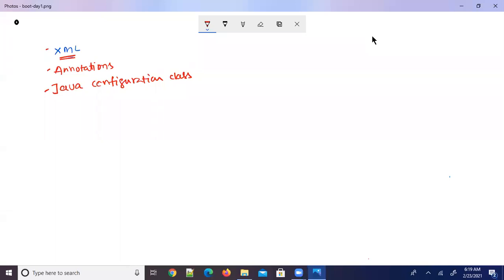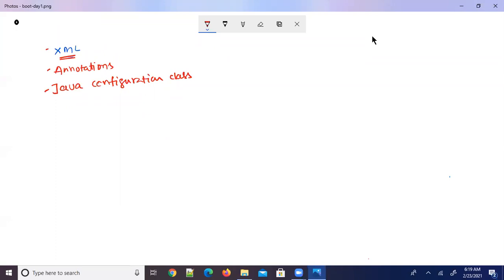We can write the entire application configuration in XML. You can create an XML file. This is what we call a Spring Beans configuration file.